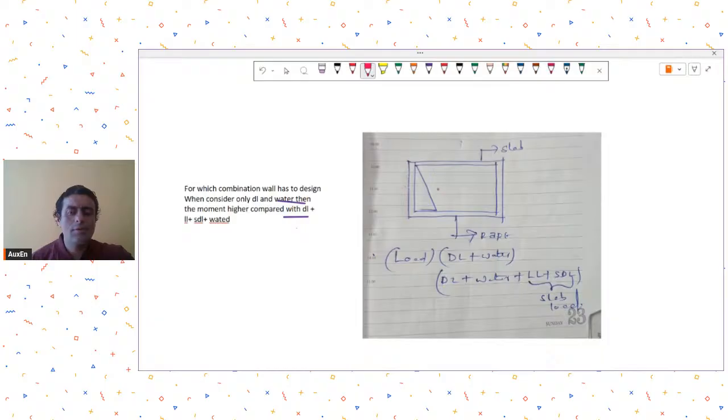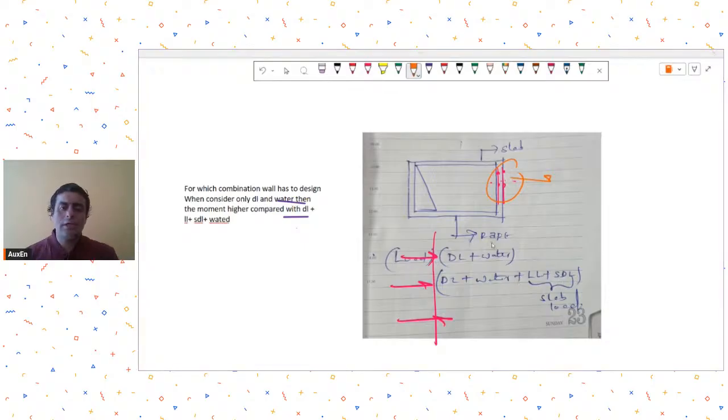What is the problem? You have to basically design and check for each combination all the reinforcements on whichever face you are providing. So there are four possible reinforcements in your wall: inner face vertical, outer face vertical, inner face horizontal, outer face horizontal. Each of these four reinforcements has to be checked for all possible load combinations, and for the worst effect, it has to be ensured that adequate reinforcement is provided. Okay,